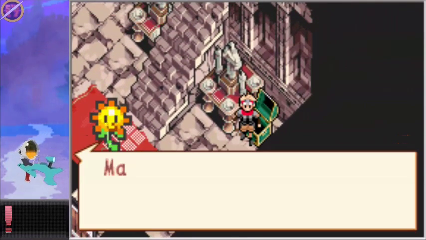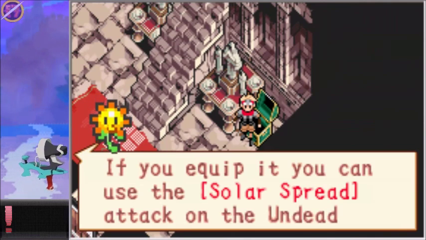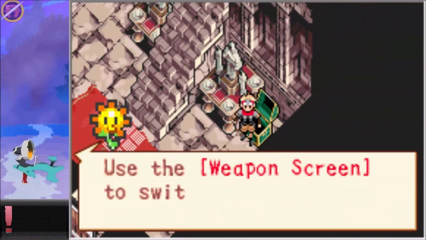The Night Solar Frame. Oh yes. Looks like you got the Night Solar Gun Frame. If you equip it, you can use the Solar Spread attack on the undead. Hold down the B button to fire the spread. Use the weapon screen to...